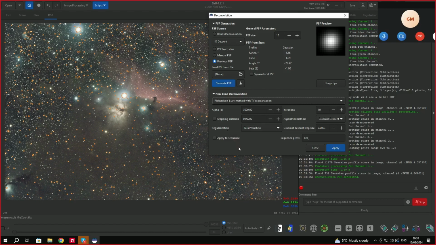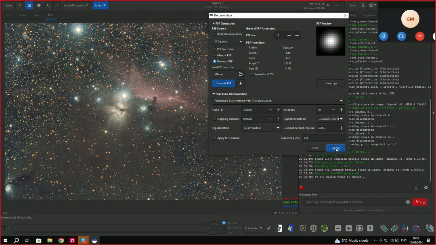But if you've got quite decent data, which you should have, because otherwise there's no point processing, then you can leave it. By default, for the first run, just leave everything how it is and click apply. And the first time, this might take a while. I've got quite a fast computer,